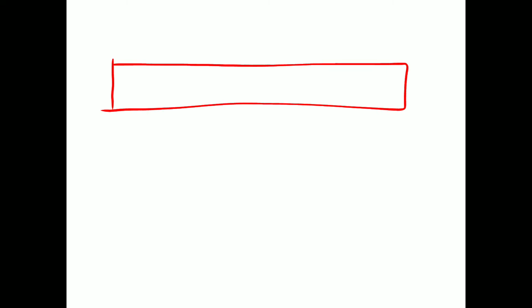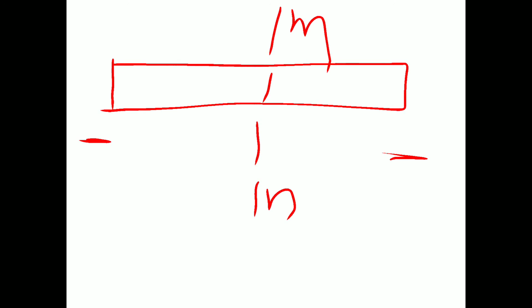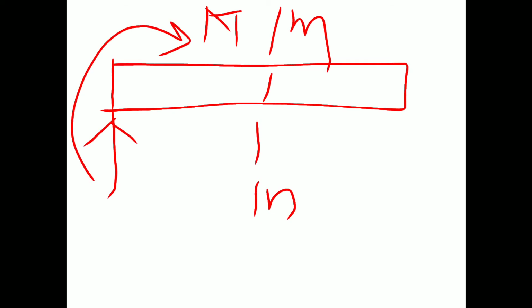For example, we will consider a beam. This is a beam which is cut into two parts. This MN is the section which cuts the beam into two parts. This part is the left hand part and this part is the right hand part. If I concentrate on the left hand part, then this is a force to which it is subjected, and it is also subjected to an external bending moment M. This force P is separated by a distance x from the section MN.